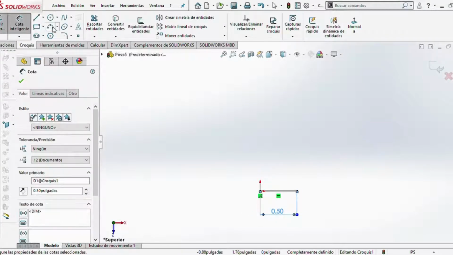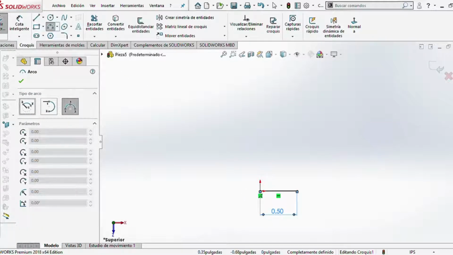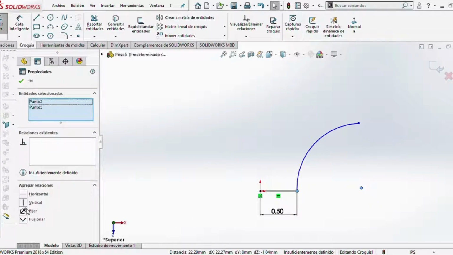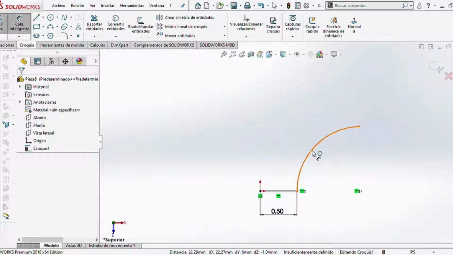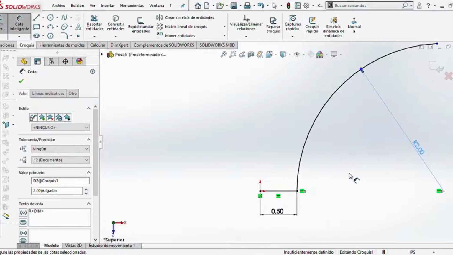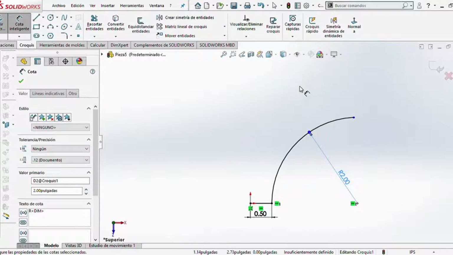The second thing that I want to do here, I can either draw a circle or just a 3-point arc. In this case, I'm going to choose an arc. Then I set some geometric relations, in this case horizontal, and with smart dimensions, I'm going to give it a value of 2. There we have